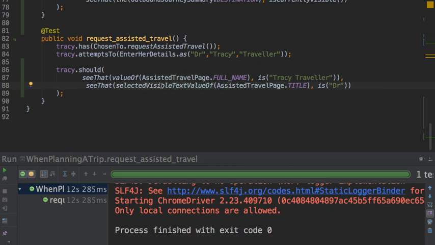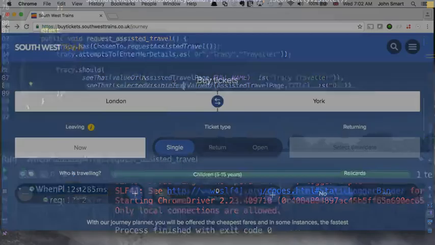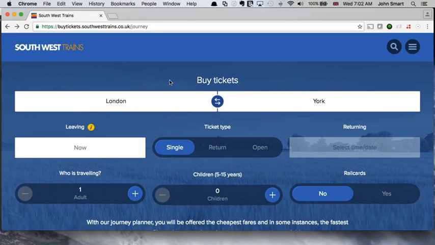Here we have two examples of the Target methods. There are half a dozen other ones that you can try. So in the exercises, I recommend you experiment with some of the other ones. The CSS value name, the attribute value, the text of, and so forth, just to see what else you can do with this. For the next test, we'll be going back to our buy tickets page,